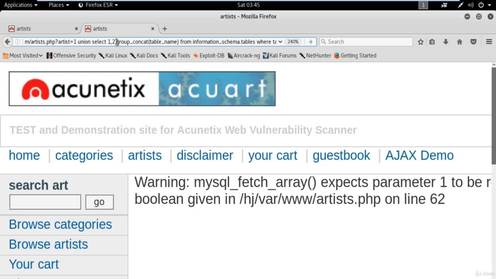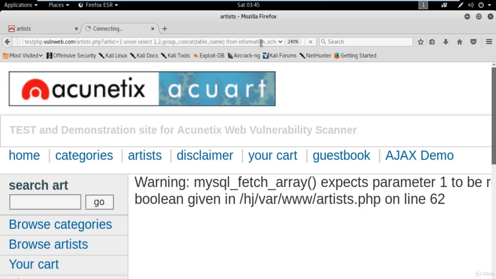So I have replaced 3 with this command, which gathers information about the table names: group underscore concat table name from information schema dot tables where table underscore schema equal to database dash dash. This is the command to get the table names from the database.